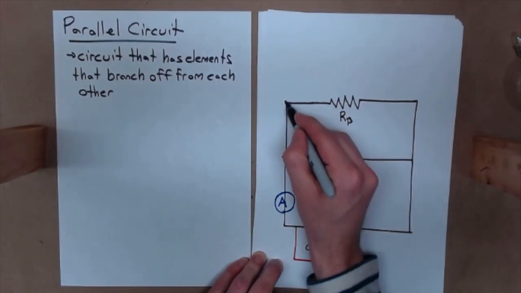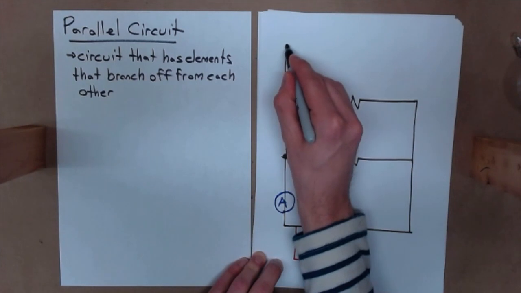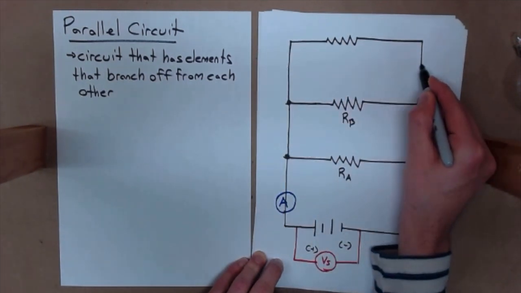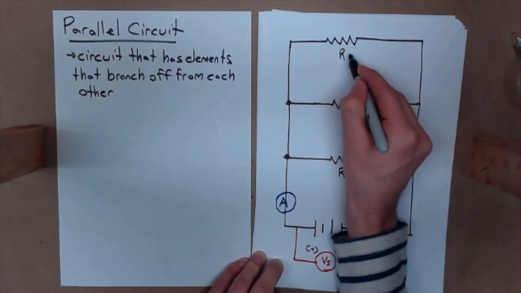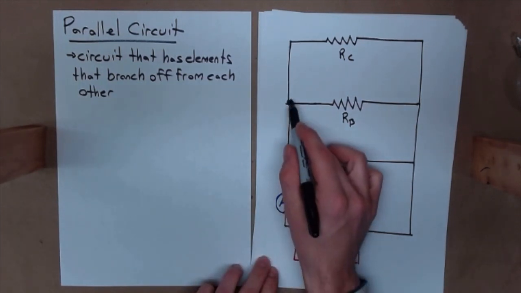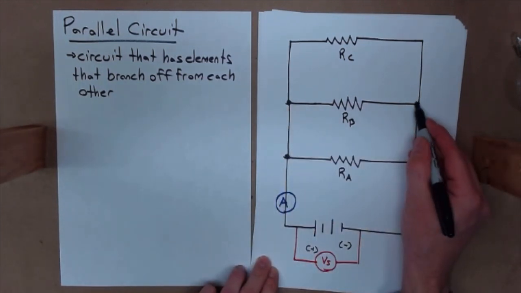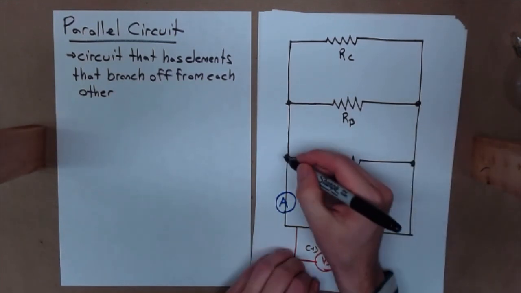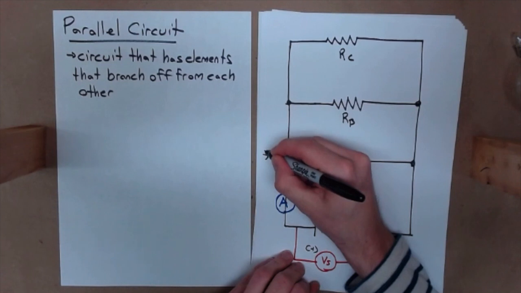Then I'm going to do the same thing here. I'm going to go up to an RC, over and down. Okay, so I have my three resistors, RA, RB, and RC, connected with branches here and here. This is what I mean when I say branches. I'm referring to these dots where the thing splits into two. These are often referred to as junctions